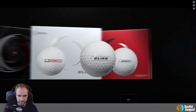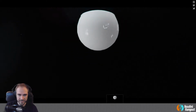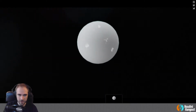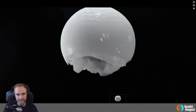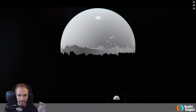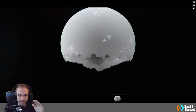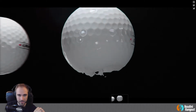Yeah, so this is the effect right here, and you can see that there's this drop that kind of goes floating up and hits this sphere, and so it starts to retain the shape of this golf ball, and then slowly, from top to bottom, the dimples start to press into it, and that is actually where